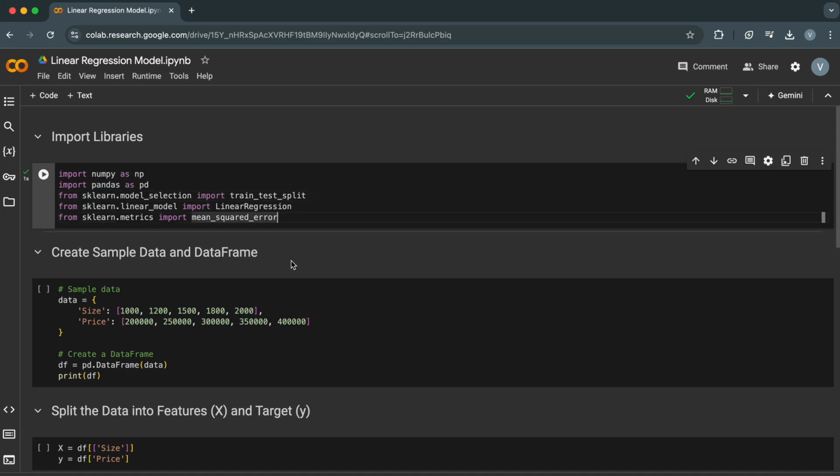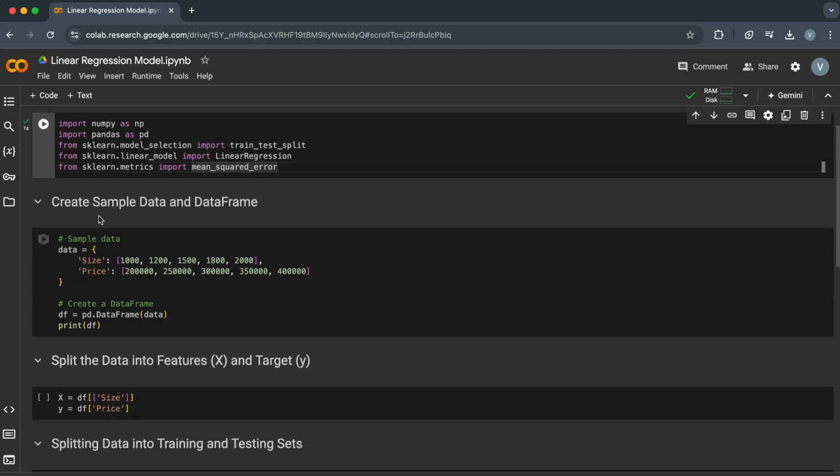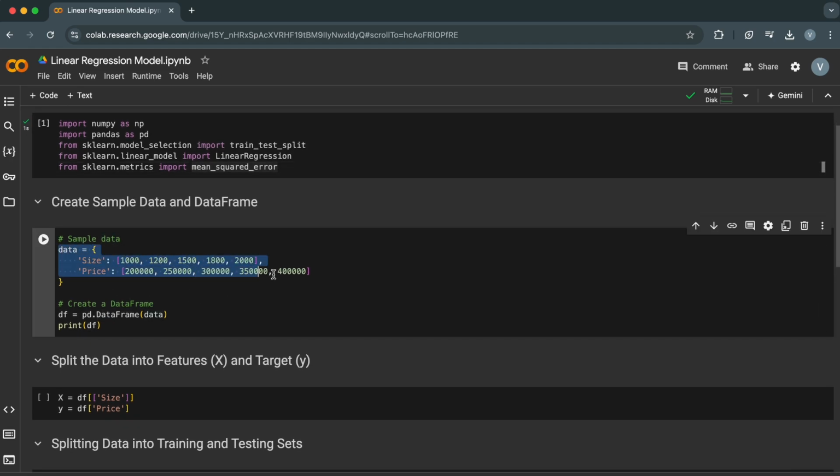Next, let's create some sample data. We'll have a dataset with house sizes and their corresponding prices. Here we defined a dictionary named data. Dictionaries are collections of key-value pairs, where keys are used to access corresponding values. Here, the keys are size and price, and the values are lists containing the sizes and prices of some hypothetical